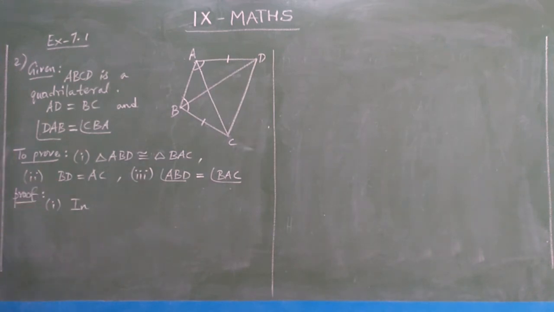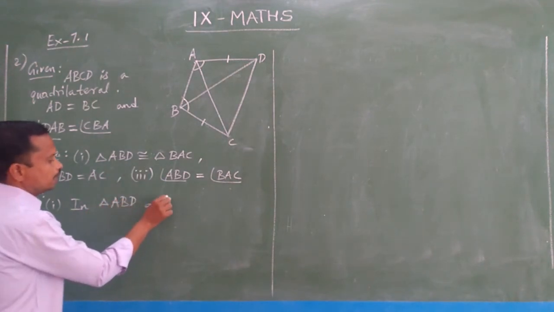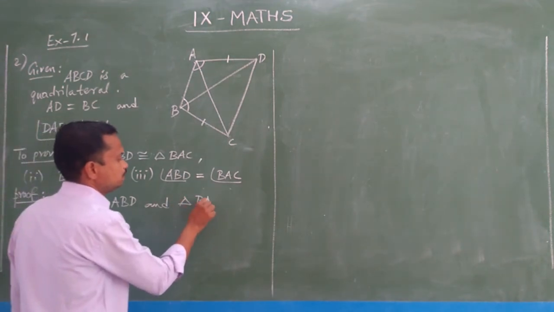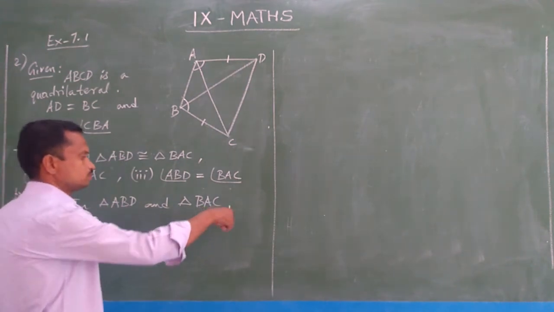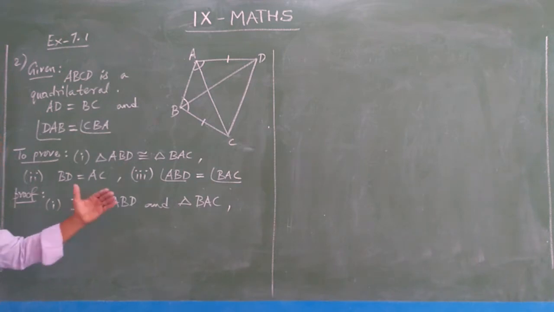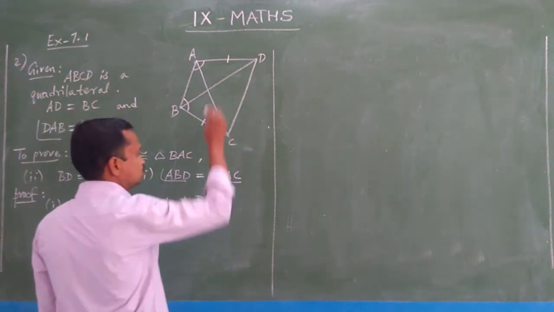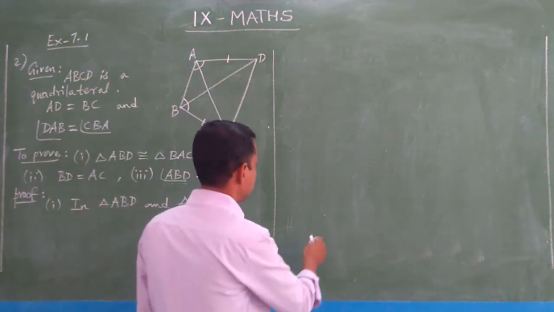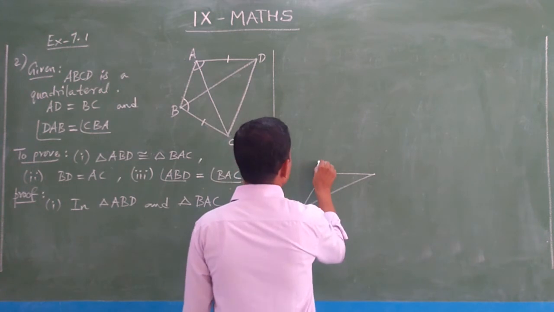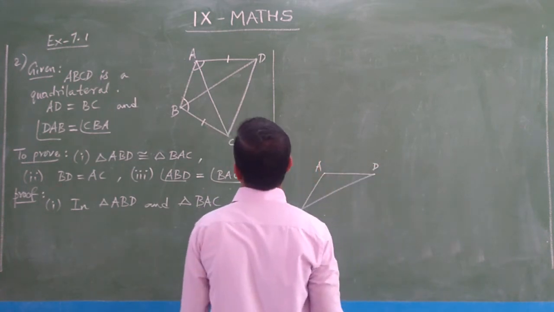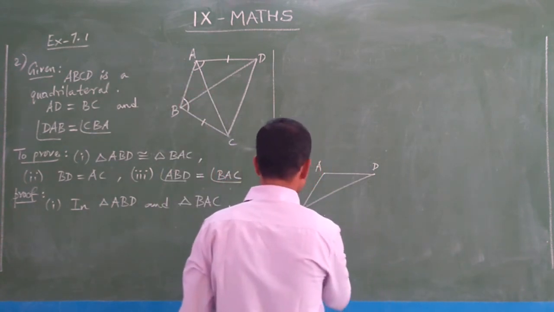And you see, in the first proof, 2 triangles we have to take. In triangle ABD and triangle BAC, these 2 triangles we have to prove are congruent. Okay. So now we collect the data. What parts are equal there? ABD, BAC. You see, ABD means this triangle. For our reference, we can draw separately. ABD means like this. It is given A, B, D, and then next is BAC. BAC. So it is given like this. The same thing.